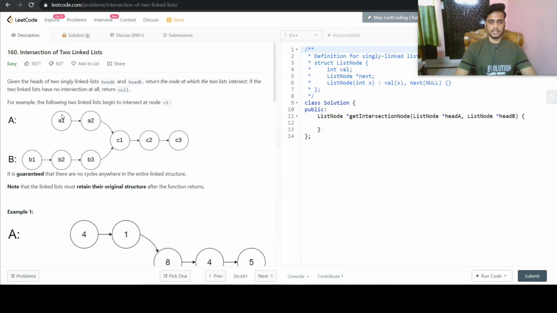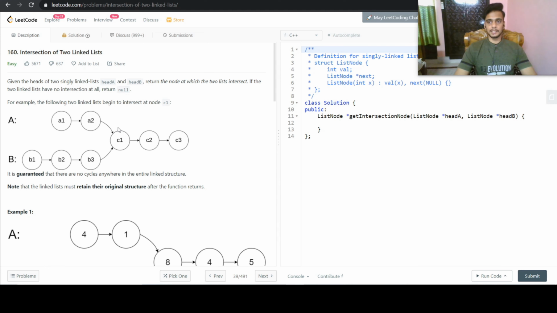And if we see from the second linked list, we took 1, 2, 3, 4, 5, 6, 7, 8, and 9. So at the ninth step, we again reach the intersection point.